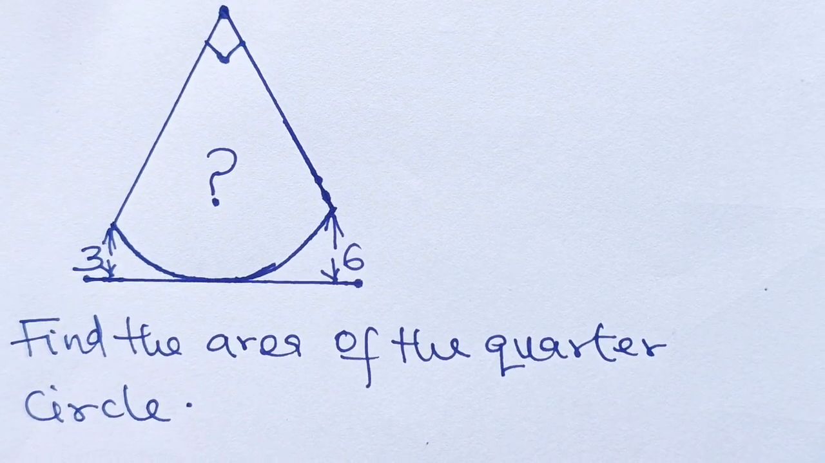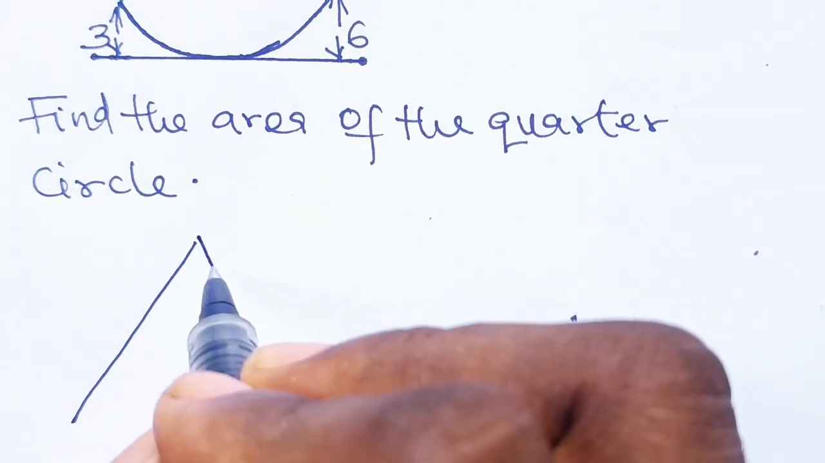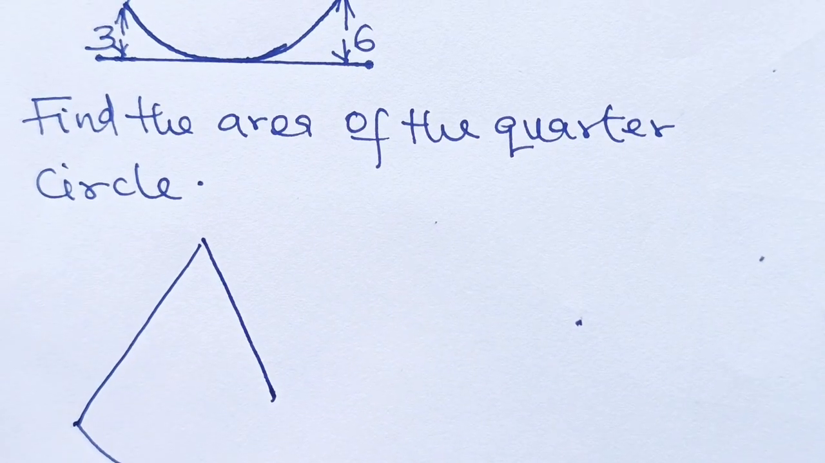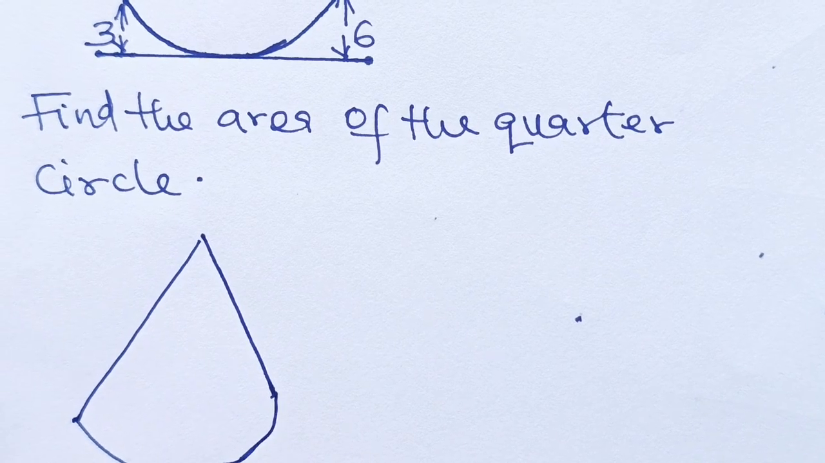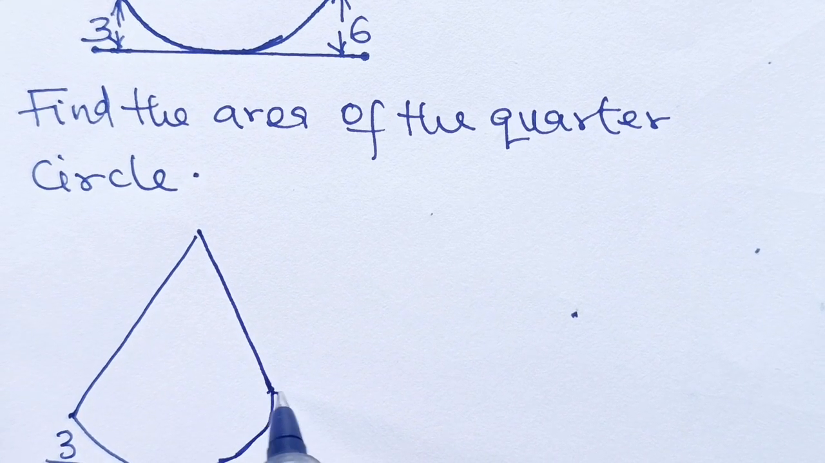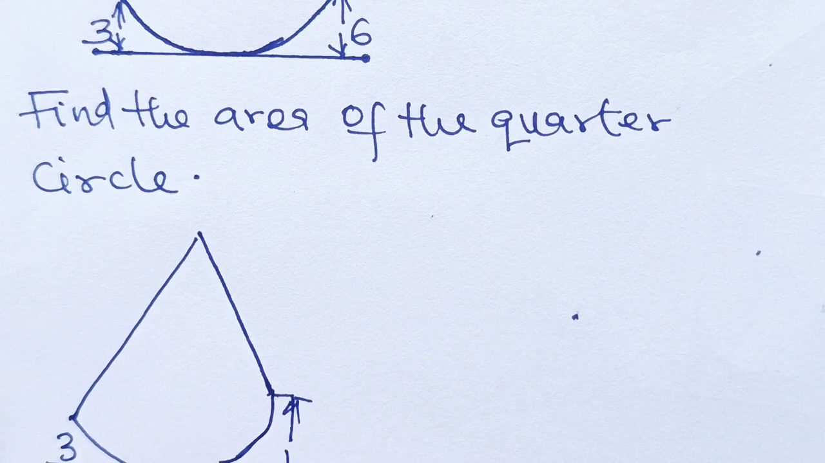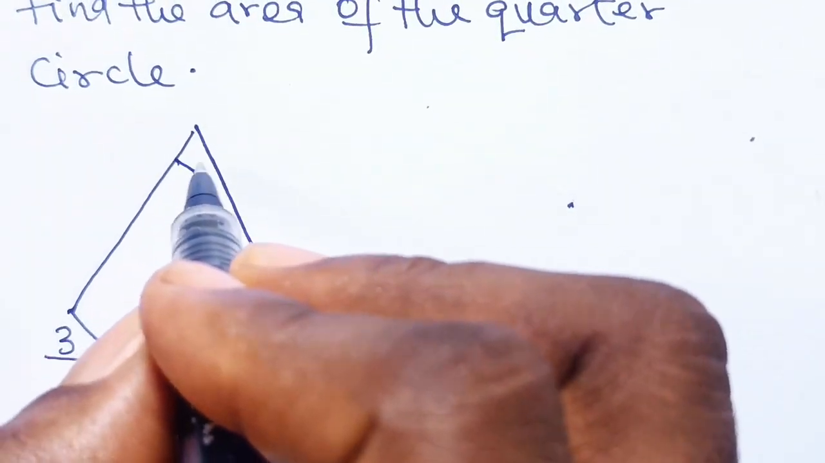Okay, now let us draw this somewhere else. Permit me to draw it out somewhere else before we start our analysis. All right, now this is what we have. This place is 3, and this place is 6 according to what we are told, and this is 90